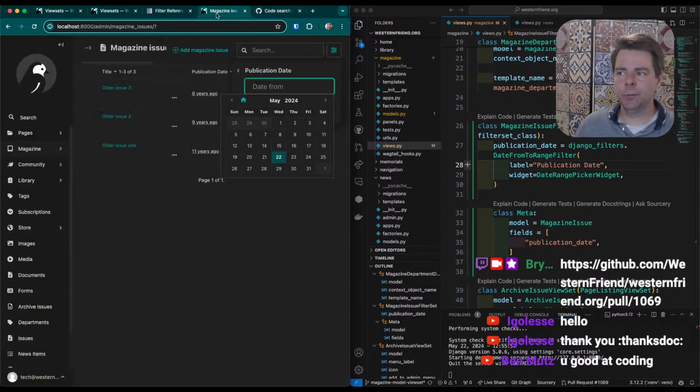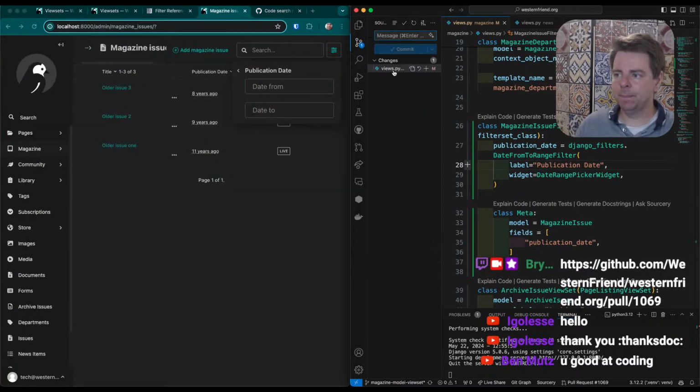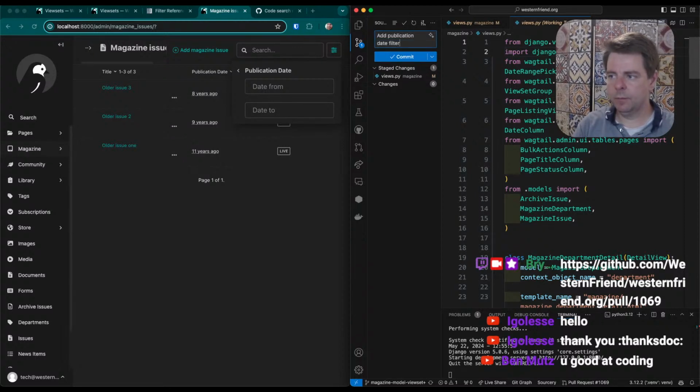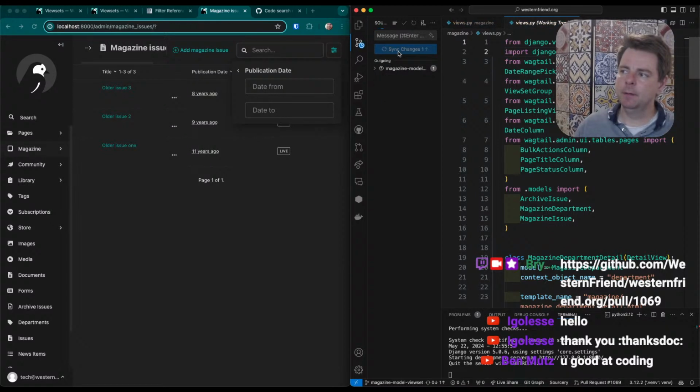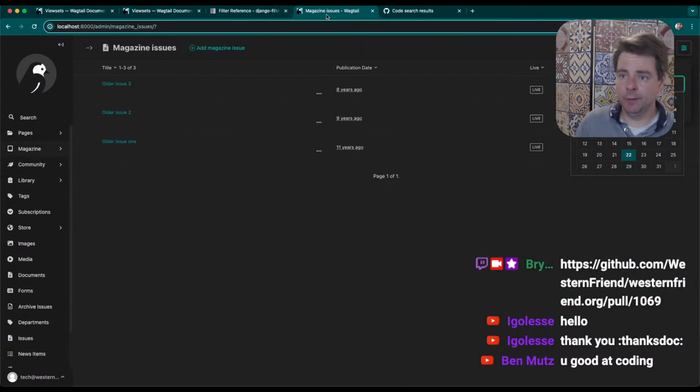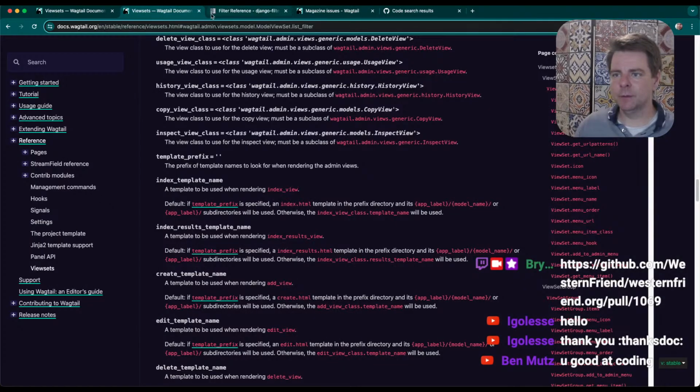Cool. Let's see if we can recap this. I'll commit this change. And we'll probably just recap it by looking at the GitHub diff view. It's a little easier that way, sort of. It's not always in the right order, but